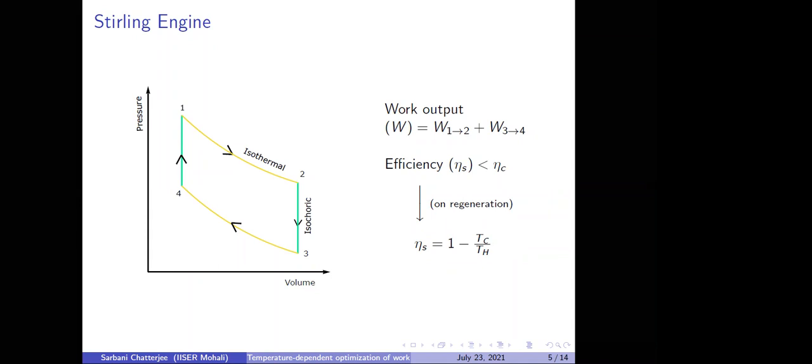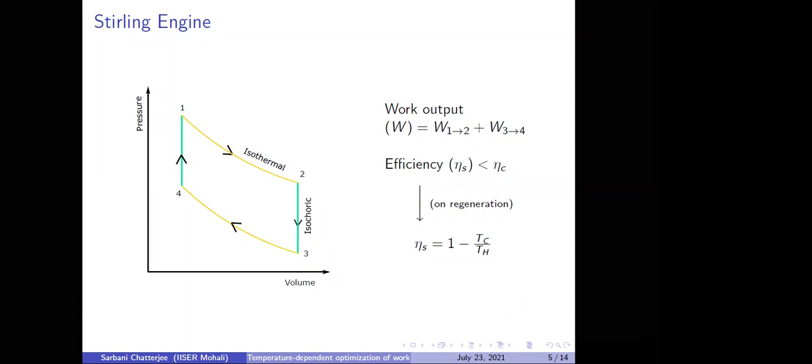Is there a question? Yes, I have a question. Yes, please. My question is that these are classical Stirling engines. You said that the efficiency is almost the same as the Carnot engine. Is it possible theoretically or also practically? Theoretically, this is absolutely true. Practically, it is possible because of the use of a regenerator. If we do not have a regenerator, then it will be much less than the Carnot efficiency.